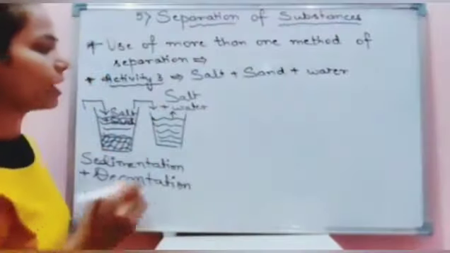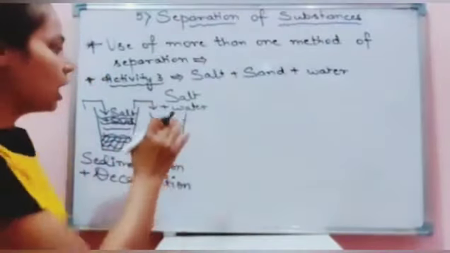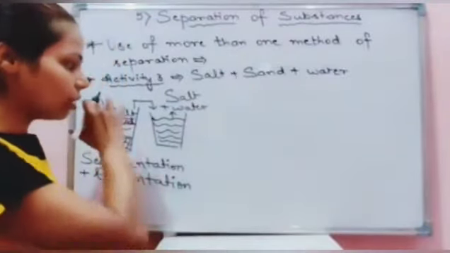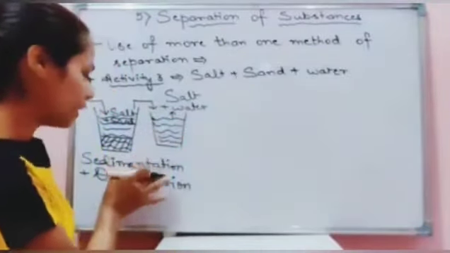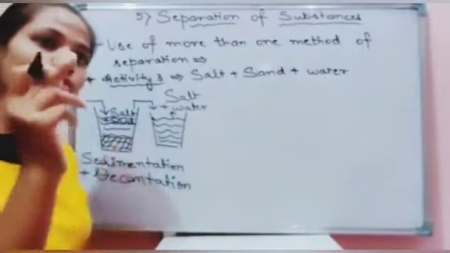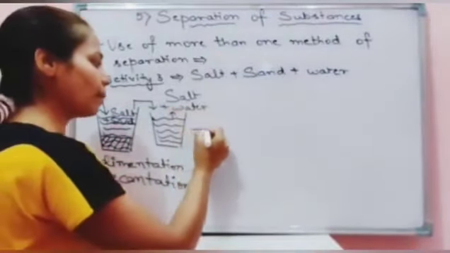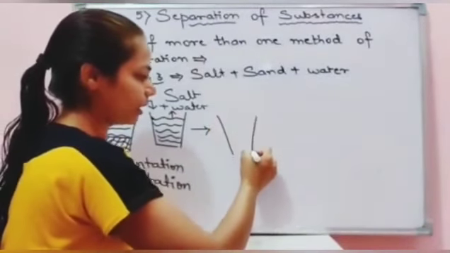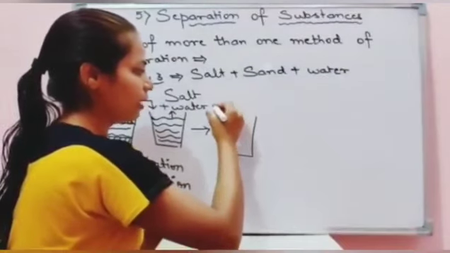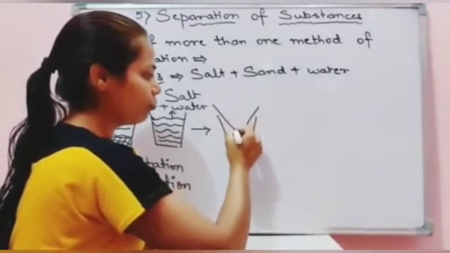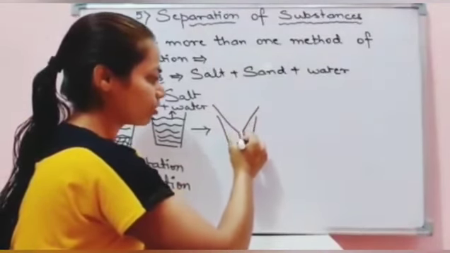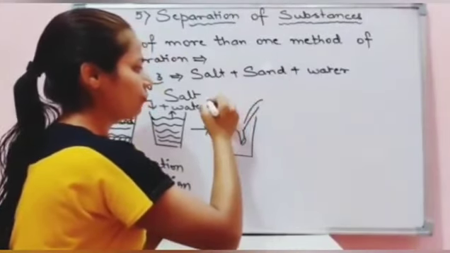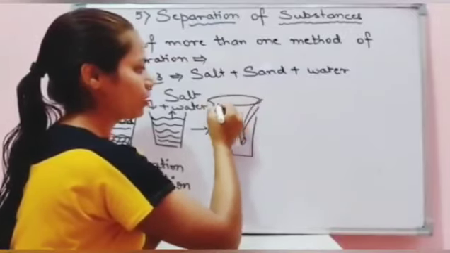Inside this container we now have 2 substances. Still this water, children, is somewhat muddy in nature. The whole mud will not come out with the sedimentation and decantation process. So for that we will apply the filtration process. We will take another container and I will keep one filtration tube over this. I'll put a filtration paper over here.